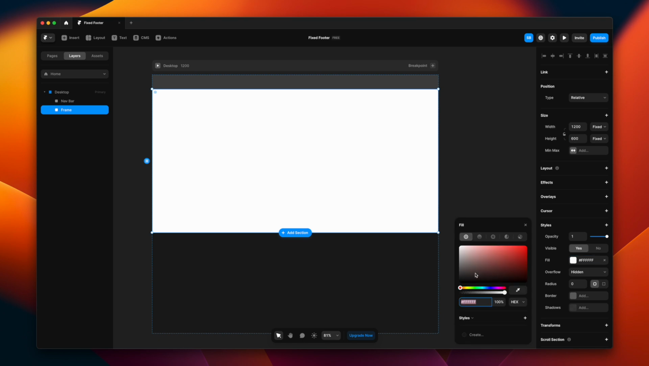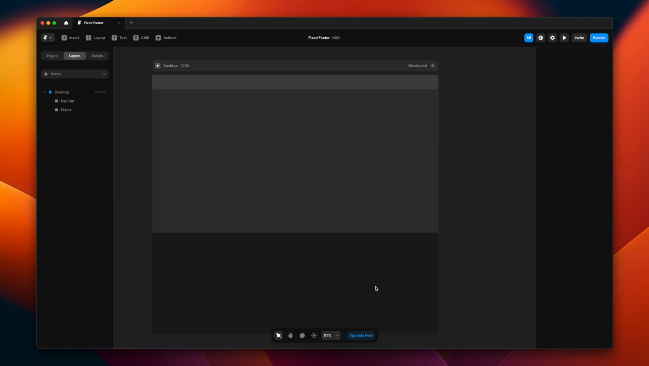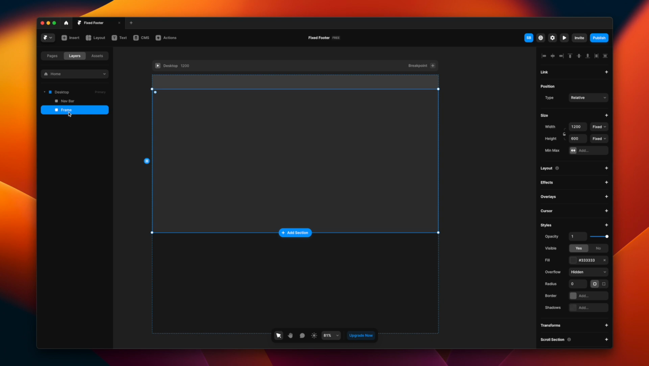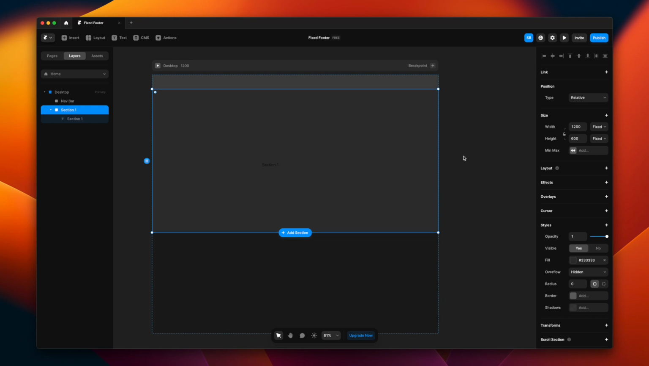And let's just give it another color here and make it in the shades of gray as well. So this is going to be my section 1. I'm going to make it slightly more dark. So yeah, and once that is done, let's just rename it to section 1. And let's try it section 1 here as well. So yeah, once that is done, we are going to select the main frame again and we're going to enable